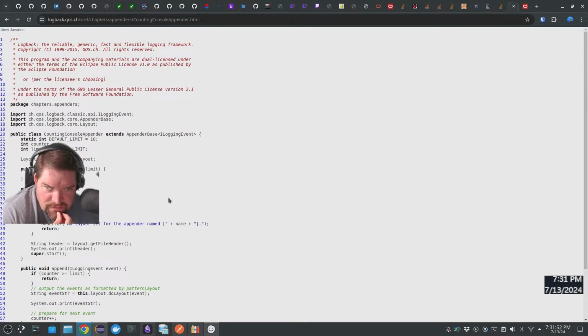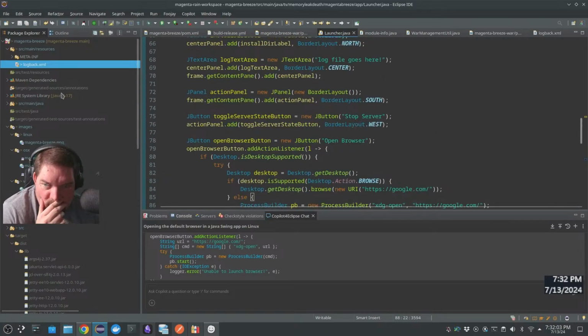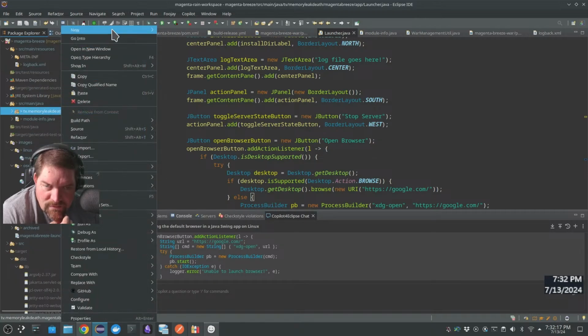So, counting console. So I just need to extend appender base I logging event. Okay, so where are we at here? Launcher. All right, so new